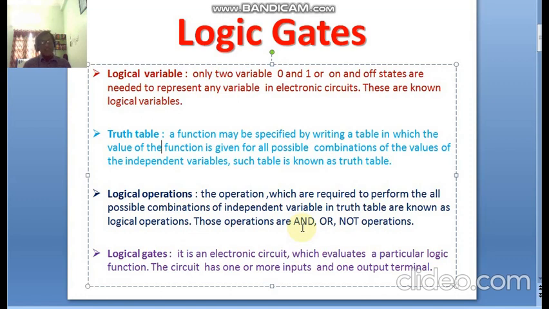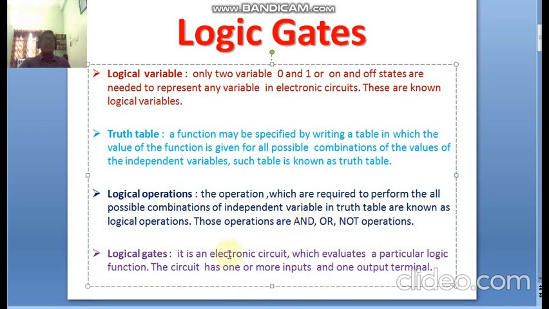Now let us consider A is one input, B is one input. We are operating with the AND operation, then A into B, and we are getting C. C is only a single output for the given multiple inputs. That means the main advantage of this logical gate is we are giving two or more inputs, but we are getting only a simplified output at the end. That is the main advantage. The output is in the form of either 0 state or 1 state, or on state or off state. So this is a brief idea about the logical gates.